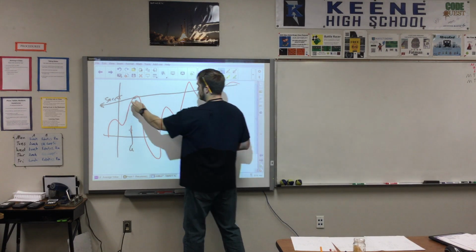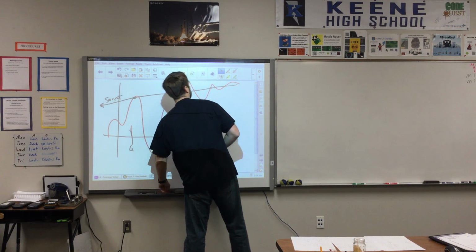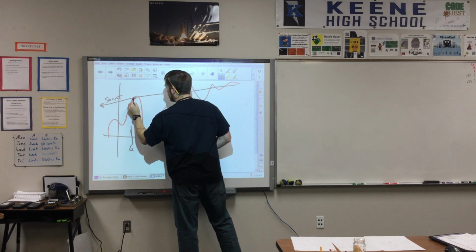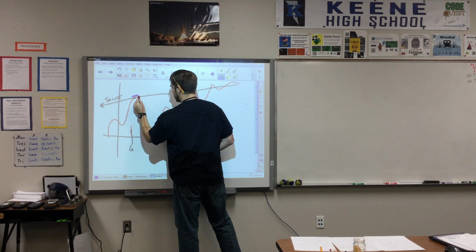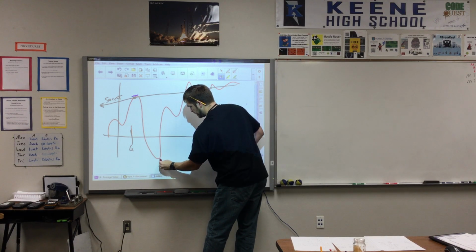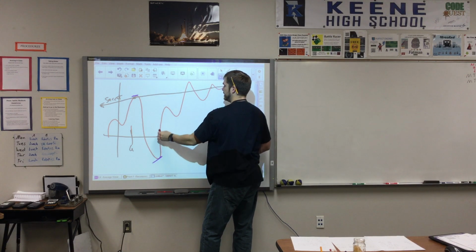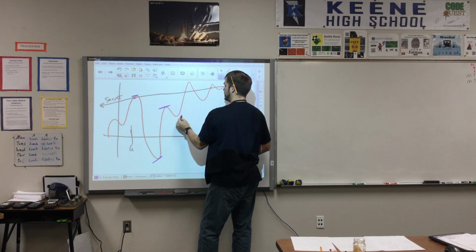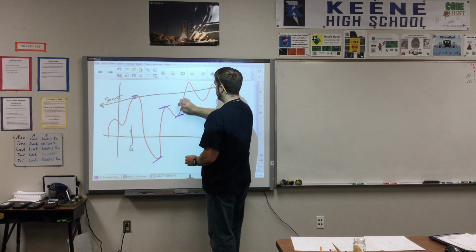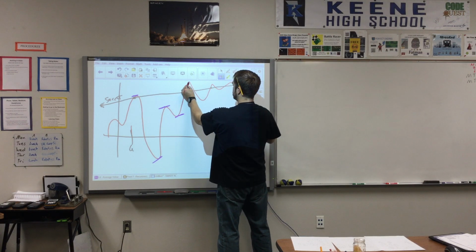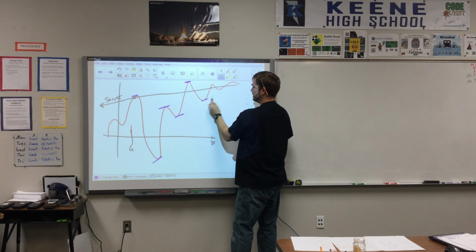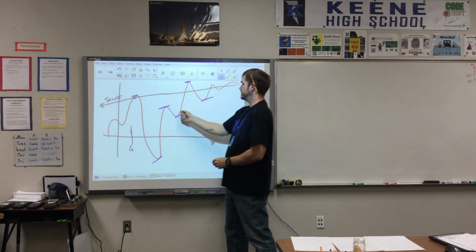So for me, I think there's going to be one actually right there. These are all negative, but then we kind of come up this way. I think there's going to be another one right about there. And then it kind of almost leads off the top right about there. There'd be one there that's parallel with that. There'd be one kind of as it comes to the top here. Not on the negative side, but on the positive side. Yeah, mine's going to have 1, 2, 3, 4, 5, 6